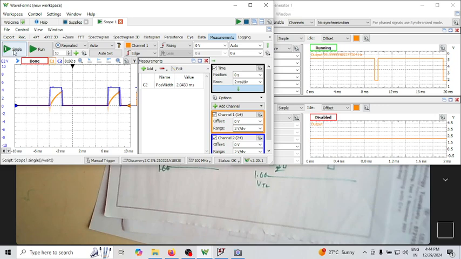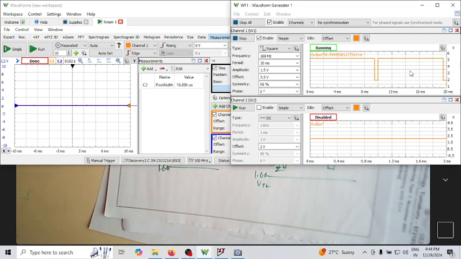Now this is the earlier one. If I run it, the output is 0. I have applied a trigger signal something like this, but the output is 0. Why is the output 0? It's 0 because the trigger signal is not going less than VTL. The moment I make the amplitude 2 volts, you can see now,